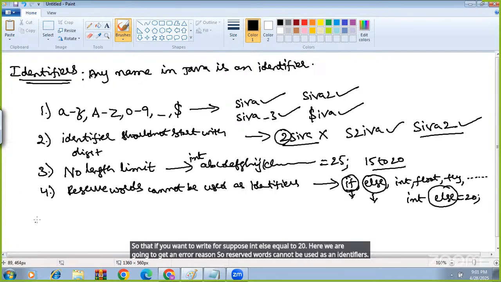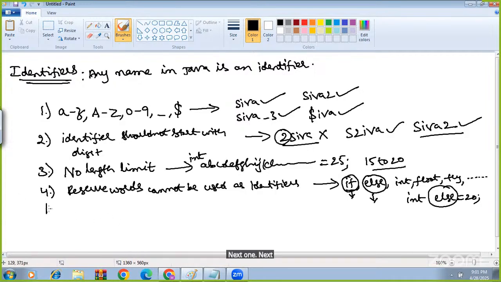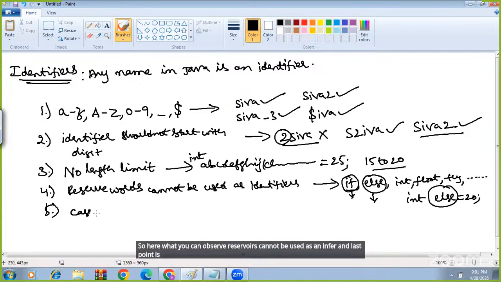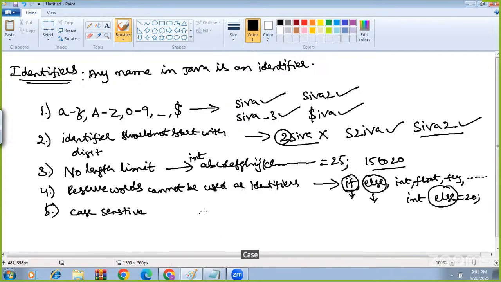Next point, which is the last point here. So here what you can observe: reserved words cannot be used as an identifier, and the last point is case sensitive. These are very important points. Case sensitive. Observe carefully. I am going to take int a equal to 20 and next int capital A equal